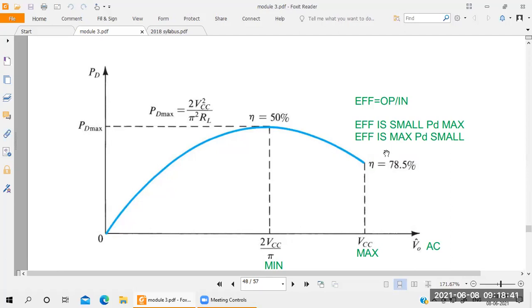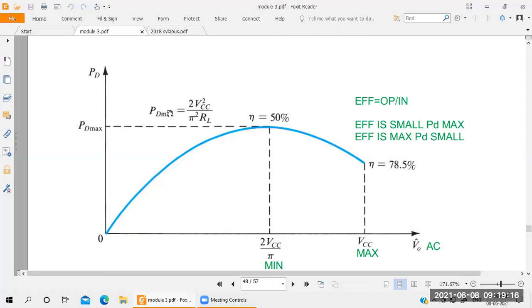So you have to reduce the power consumption when you design any circuit. Understood? If you take a maximum output voltage for class B, we can reduce the power consumption. If you take a minimum output voltage, the power consumption is more, and that's why we got 50% efficiency. Almost always you have to take the maximum output voltage in order to reduce the power consumption. So what is the maximum power dissipation equation? 2 into VCC square divided by pi square into RL. This is for the class B amplifier.